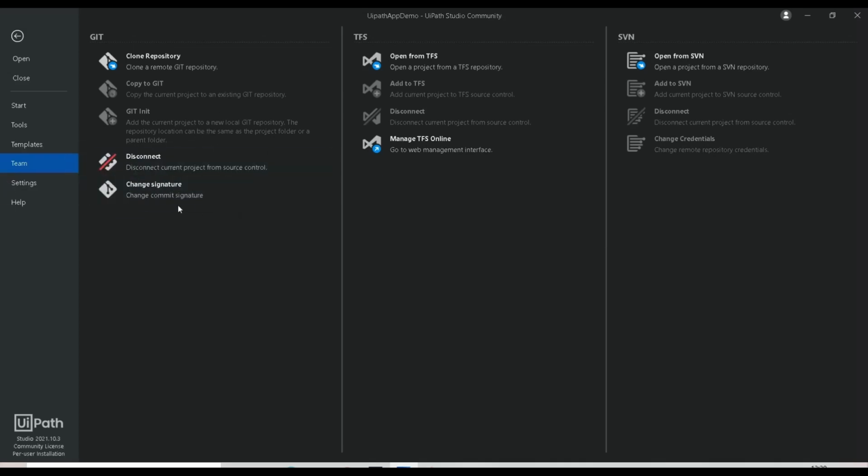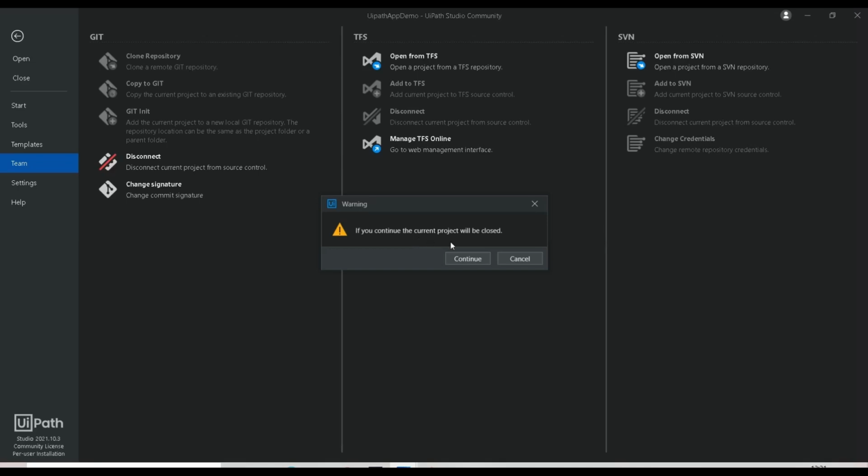So we have seen how you can upload the project to your repository, and now you can see it as connected to the repository, and here it is showing the disconnect. And what is clone repository? Suppose you want to get the project from the repository to your folder, you can use clone repository, right? So suppose you want to work on some updated project which you uploaded, what you have to do is first clone the repository, then you can do the execution. So let me show you how you can do that.